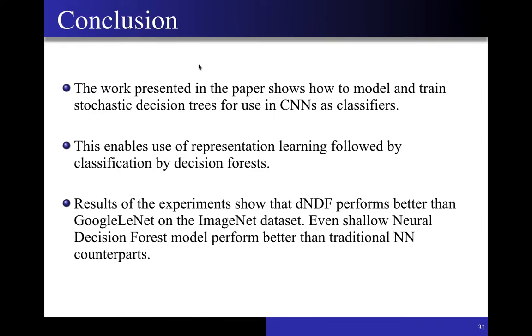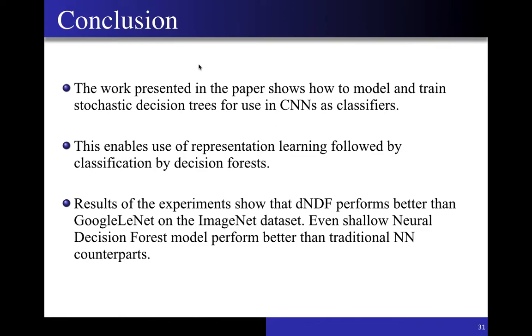To sum up once again, deep neural decision forests attempt to combine neural networks and random forests or decision forests. The motivation behind it is that neural networks are good at learning feature representations, and random forests are good at dealing with high dimensional data classification. Another advantage is that it is more explainable than fully connected classifiers.